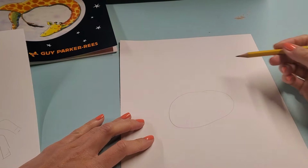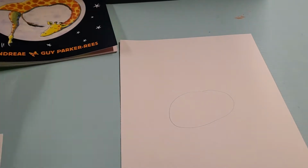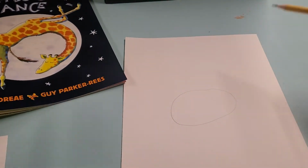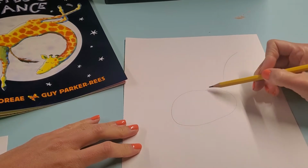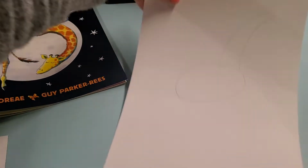sort of an oval shape, and then I have to think, okay, where's the neck going to go? In some of the drawings, Gerald's neck is very, very curved. I think for my first try, I'm going to make his neck kind of straight. I think maybe a little curved. We'll go like this. Giraffes have a super long neck. Now for the head,